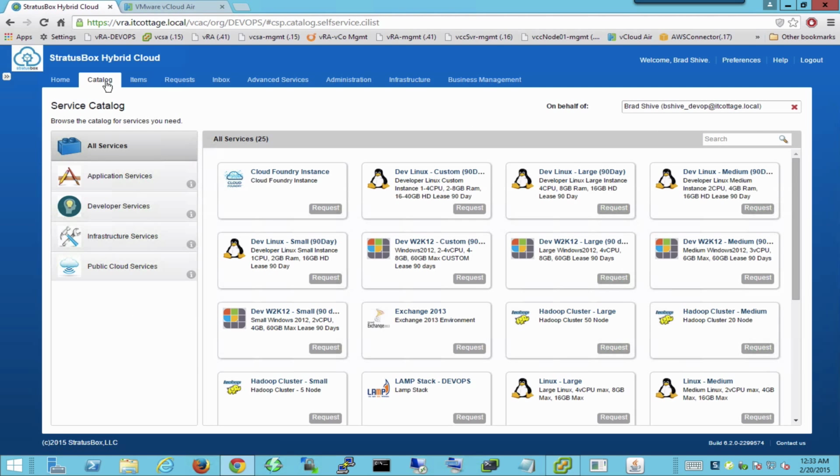Anyhow, that's been a quick demonstration of Hybridity. It's a very, very cool and unique feature of the Federation's infrastructure as a service offering. And I wanted to share that with you. vRA is a pretty cool